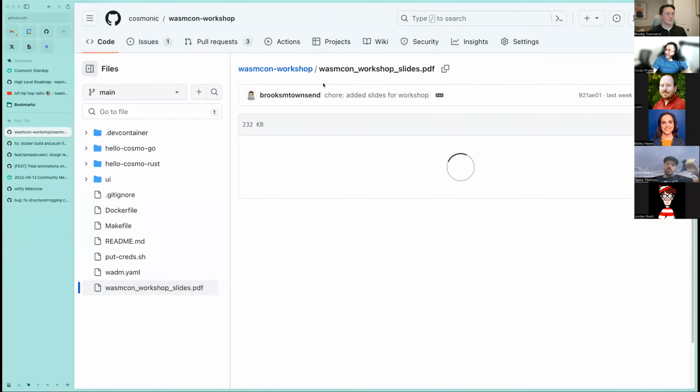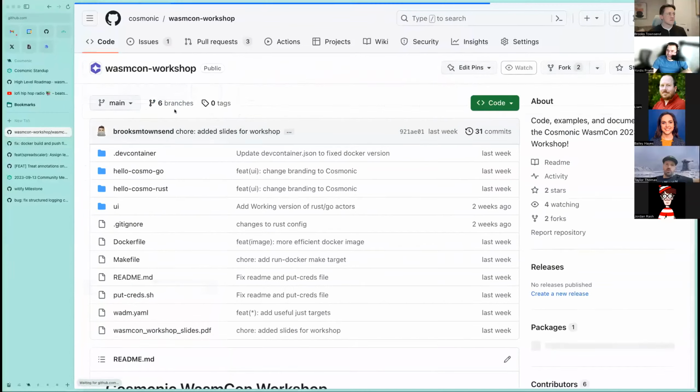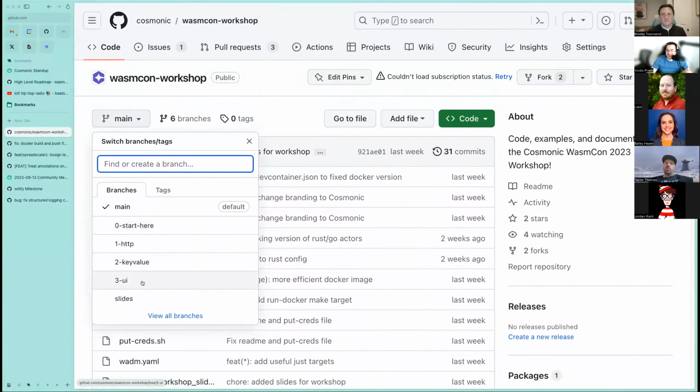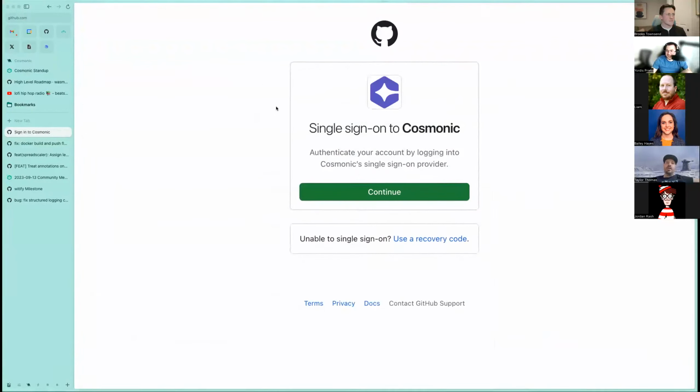Well, actually, yeah. So if you look in that repo under the branches, there's a step for each branch, as well as some PRs that show the code changes. So yeah, we have start here, HTTP key value UI, and then if you look at the pull requests,